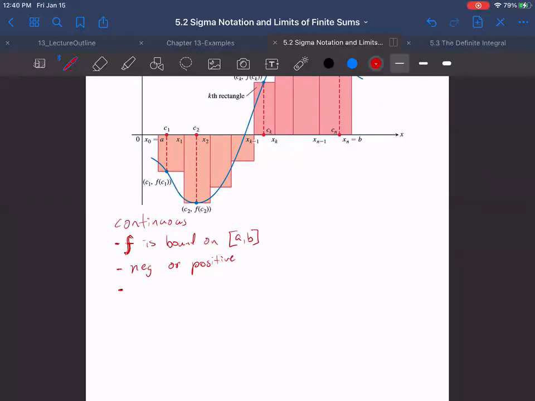We can subdivide this, but not necessarily into equal widths. Although it is easier to do it in equal widths, so if you have the choice, we're going to choose n minus 1 points, such that